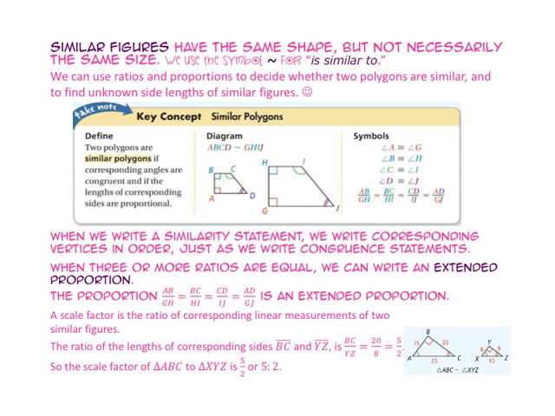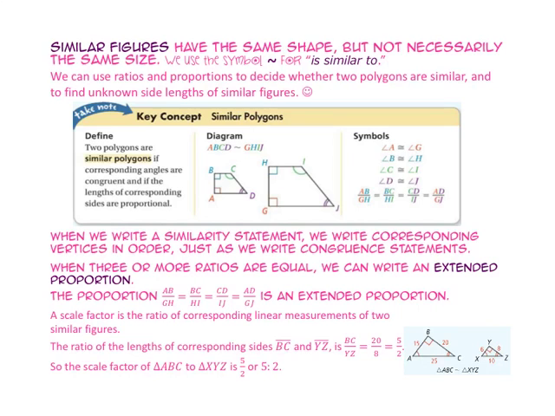Similar figures have the same shape but not necessarily the same size. We use this symbol for "is similar to." We can use ratios and proportions to decide whether two polygons are similar and to find unknown side lengths of similar figures. Two polygons are similar polygons if corresponding angles are congruent and if the lengths of the corresponding sides